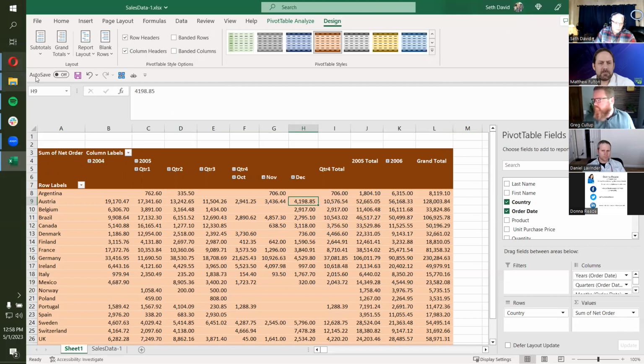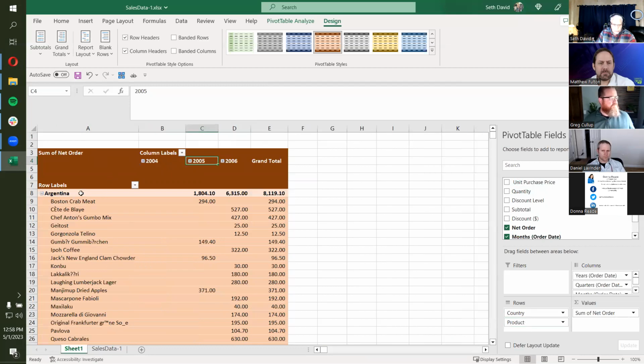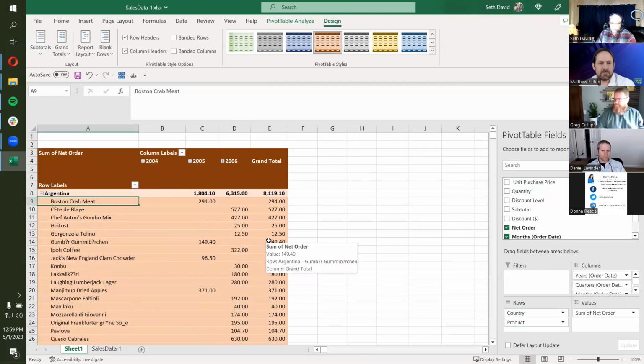Okay. Real quickly, by the way you arrange your columns and your rows, you can change the shape and what data you're looking at super easy just by clicking and moving. Let's say I want to look at products within each country. I want to see which product sold in that country. I'll click from up here and drag it below country. And boom. So now I have the country of Argentina and all the products that sold, and it's grouped by year. So click on the minus sign with Argentina so you can see how that can shrink down.